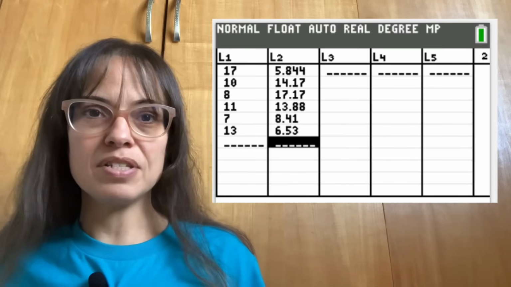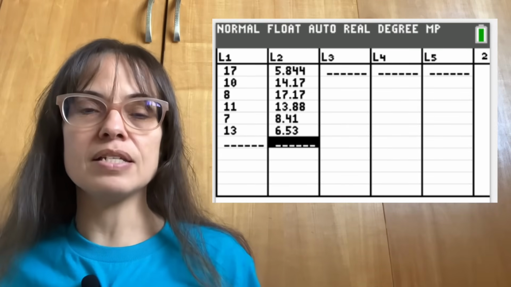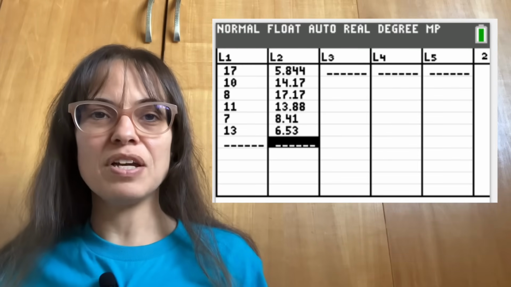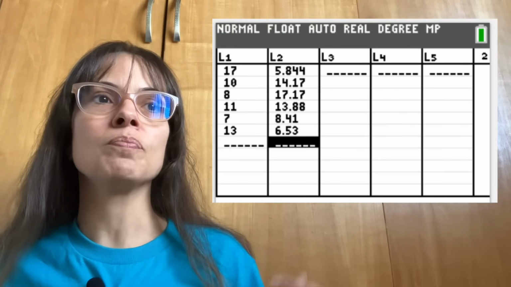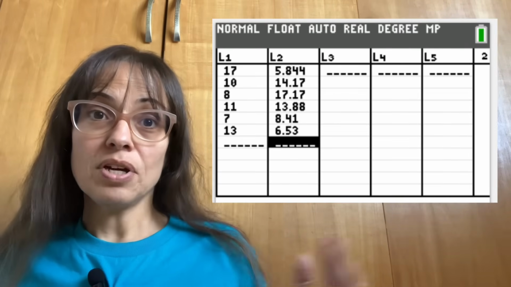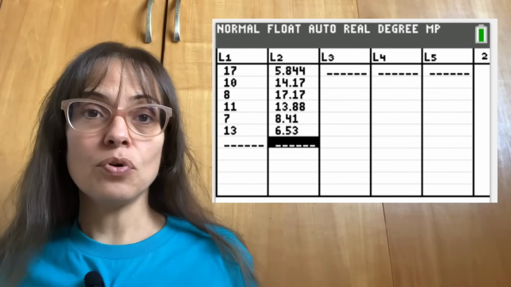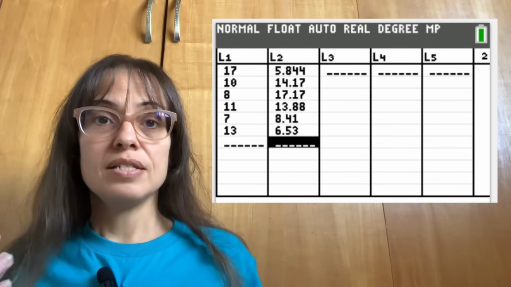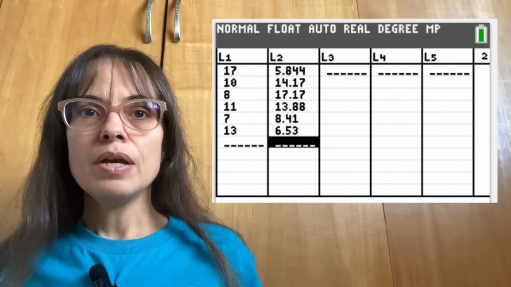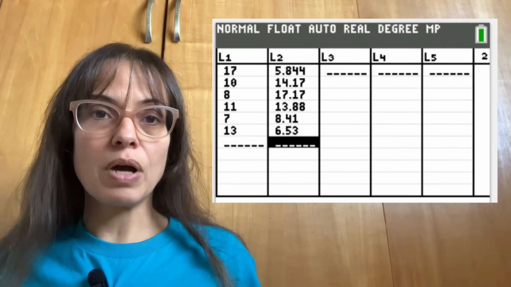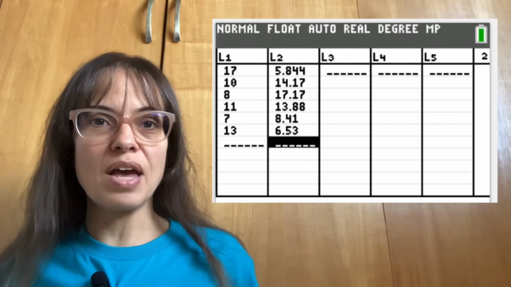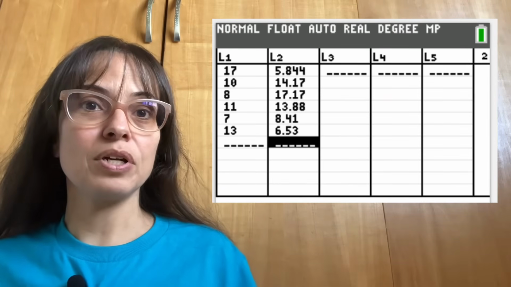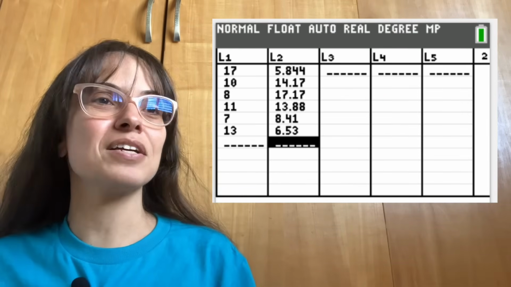So that 17 is, for example, the number of days in which I got 0 phone calls, and then the 10 is like the number of days in which I got just 1 phone call, and so on. And on the other list, 5.844, for example, is the expected number of days in which I would get 0 phone calls that day, if the thing was actually modeled by a Poisson distribution with average 2.42, something like that, was what it ended up being when I collected 66 days instead of 36.